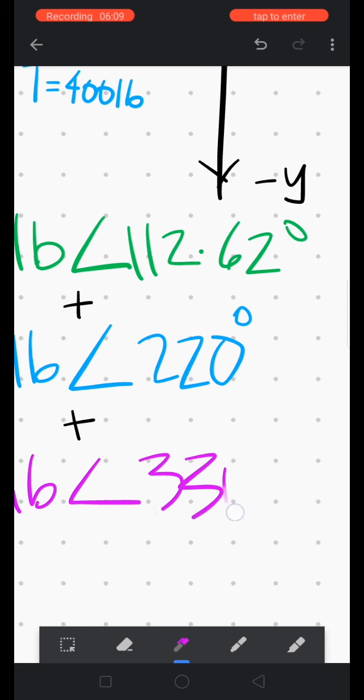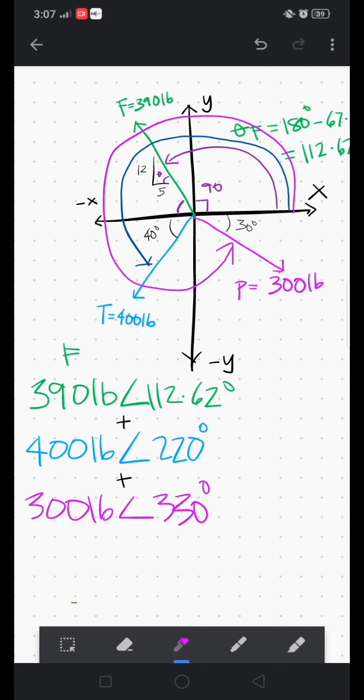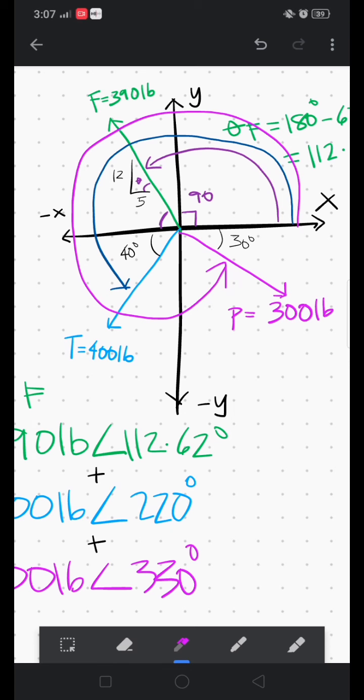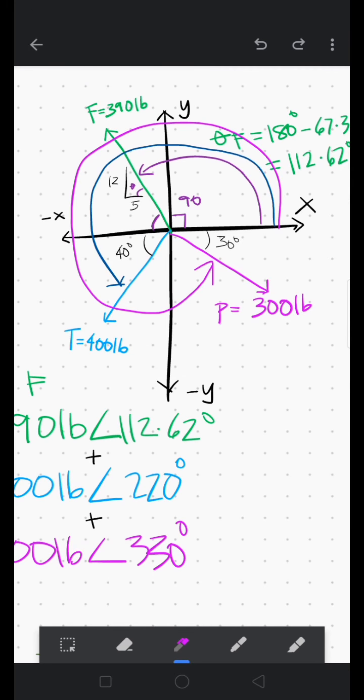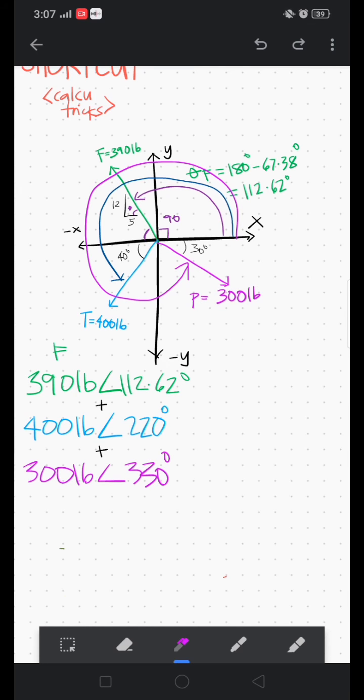So that's it. Let's review. From the 390 pounds, 400 pounds, and 300 pounds, these are all the forces. The only difference is the angles. The angles used are 112.62 because that's the angle from the x direction to the force, and the same goes for the others, from the x-axis to the force. Just take note that it's counterclockwise. So if we input that to our calculator,